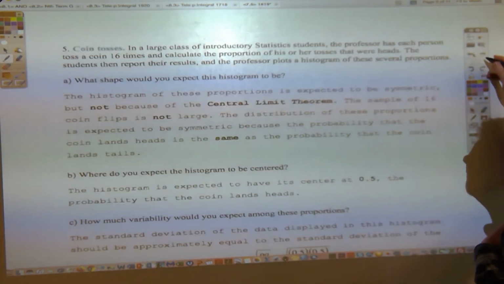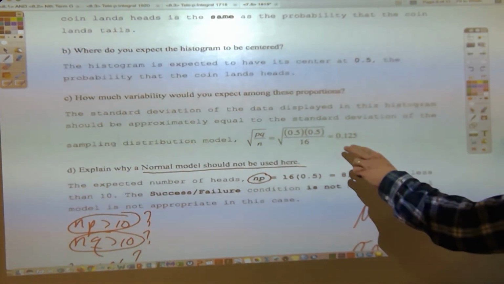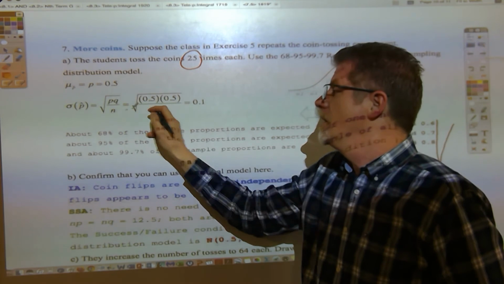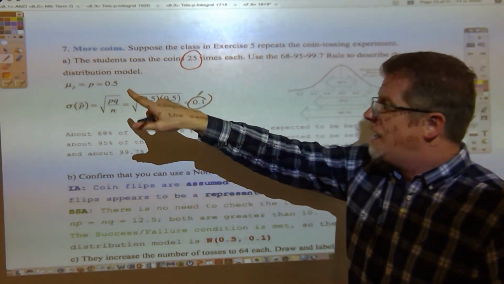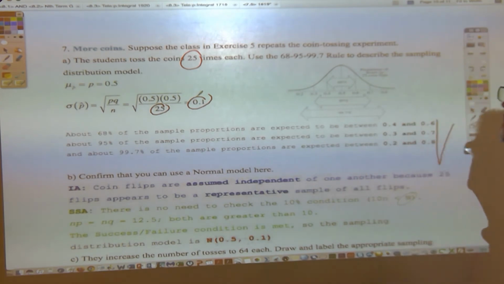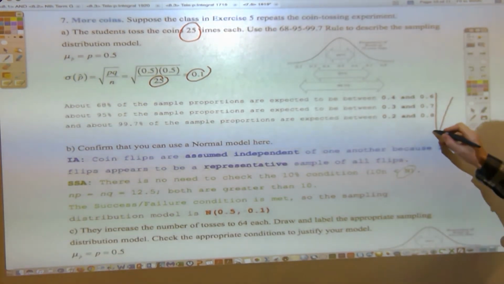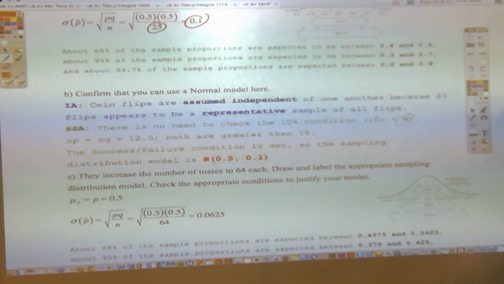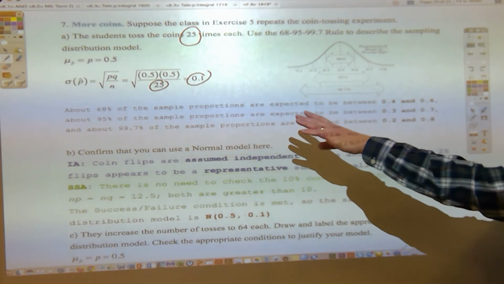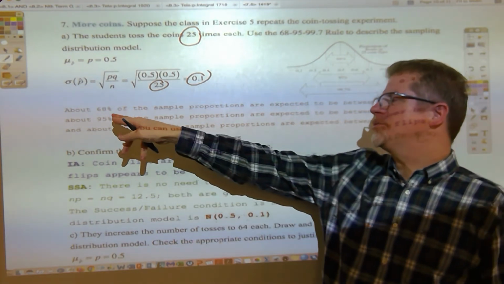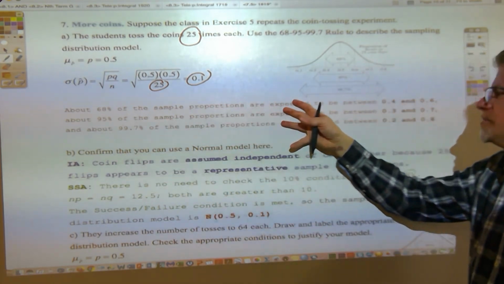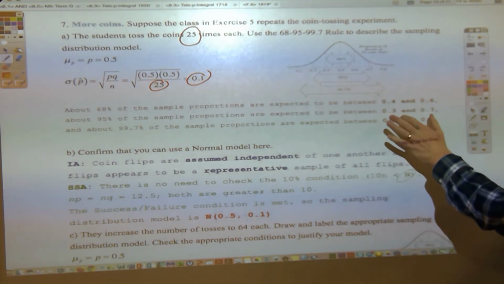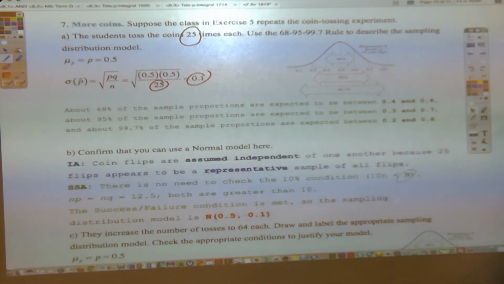Compare that to the standard deviation on the previous page. When n was 16, we had a standard deviation of 0.125. But as the sample size goes up, the standard deviation goes down. Why? Because n, again, is in the denominator. When the sample size is in the denominator, then bigger sample sizes lead to smaller standard deviations. By the way, reviewing from semester 1, the 68, 95, 99.7 rule, that was chapter 6, unit 2. We go plus or minus 1 standard deviation to get 68% of the distribution, plus or minus 2, plus or minus 3. That's just review from a long time ago.